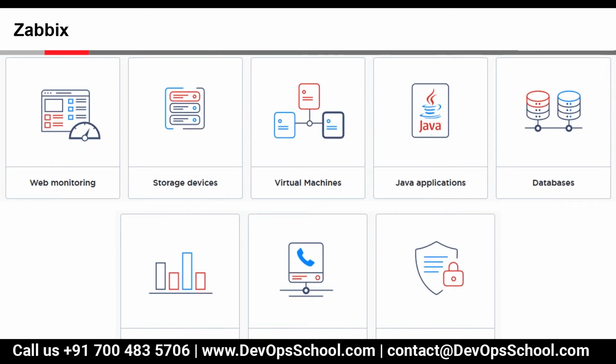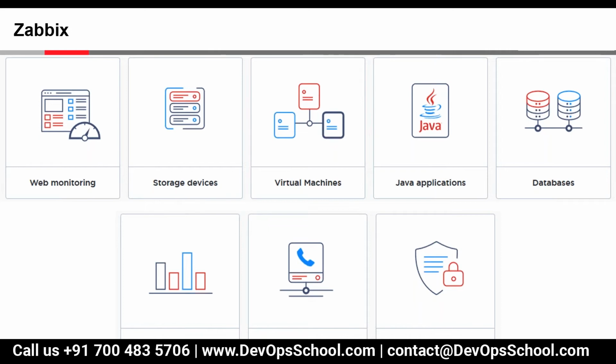Then we have the storage devices. So in your organization as well, there will be multiple storages, whether it is HP, Dell, IBM storage, or any other storage which is there. So we can monitor those storages as well. There are multiple solutions.